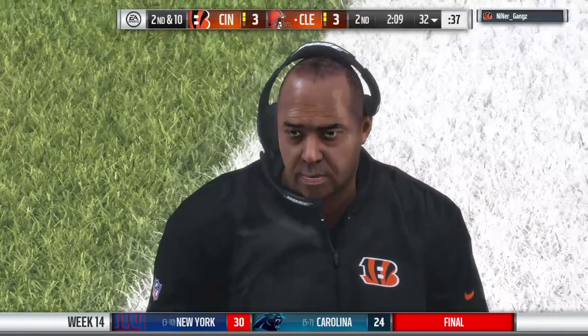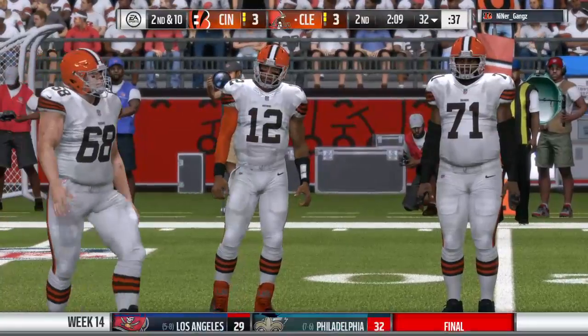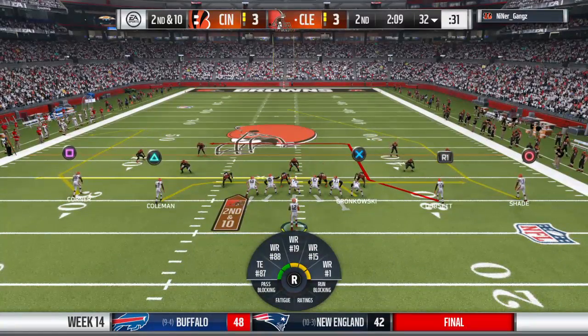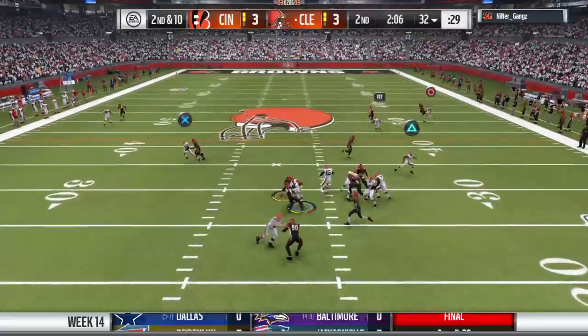Well, he just threw an interception last drive, nearly another pick. And things aren't very even right now, are they? It's a little bit sloppy out there, isn't it? It's kind of the difference between driving on those paved roads and those country roads that have those potholes in them, isn't it? That's the way this game...